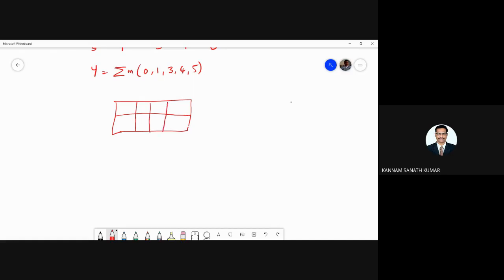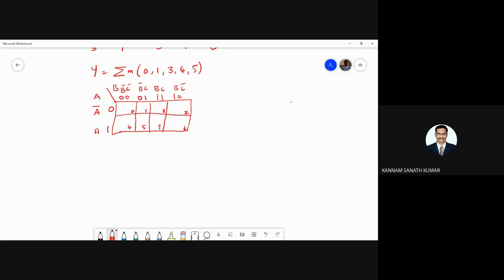Total you have 8 cells, this is A and this is B, with 00, 01, 11, 10. This is A bar, this is A, and these are B bar C bar, B bar C, B C, B C bar. So 0, 1, 2, 3, 4, 5, 6, and 7.